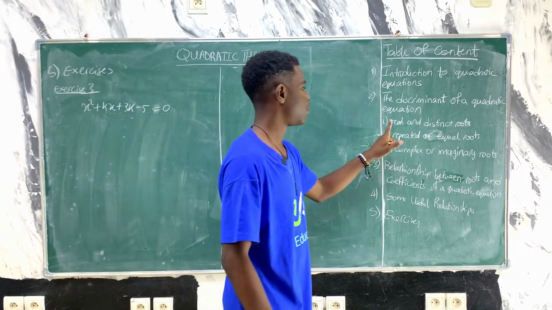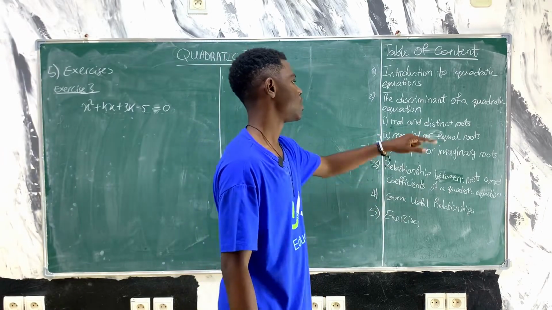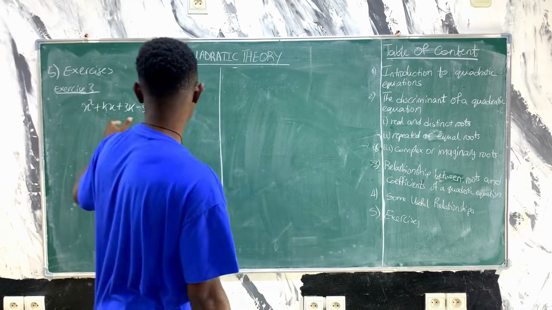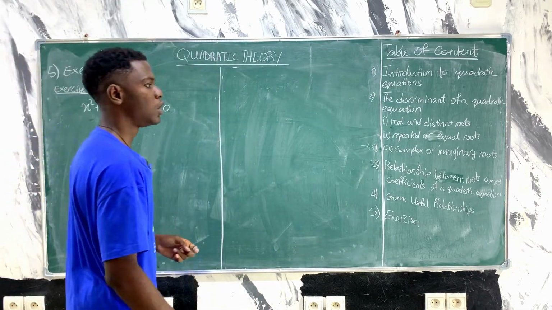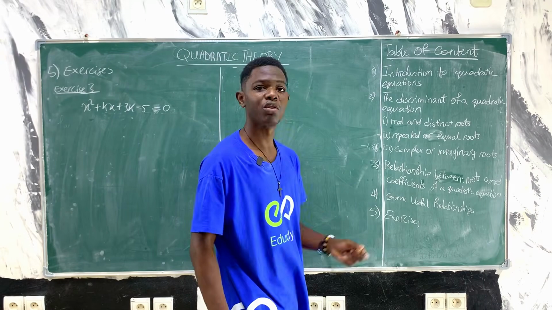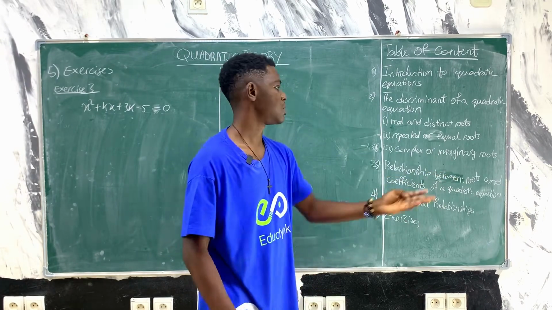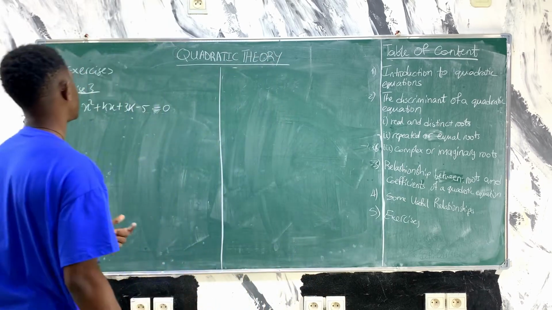So till now we have done real roots, then real and distinct roots. Now they say no real roots. So in the case an equation like this has no real roots, what does it mean? It means it is complex. If it is not real, it means it is complex or imaginary. So in the case it is imaginary,